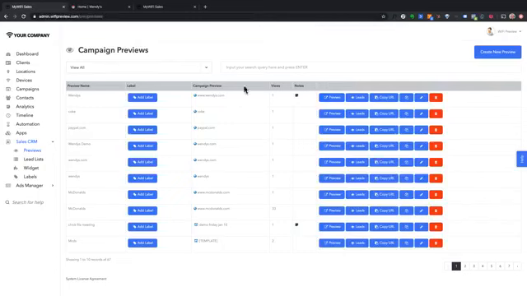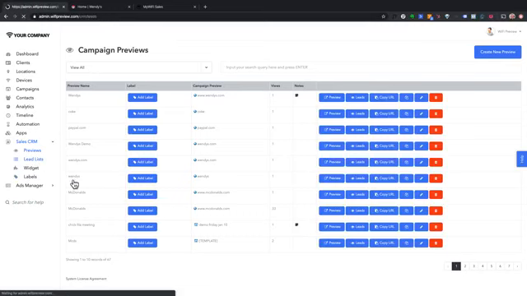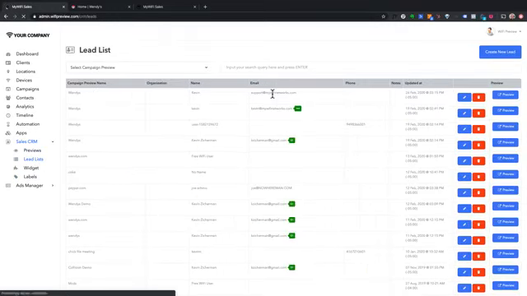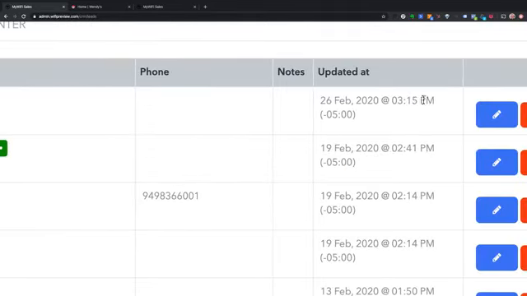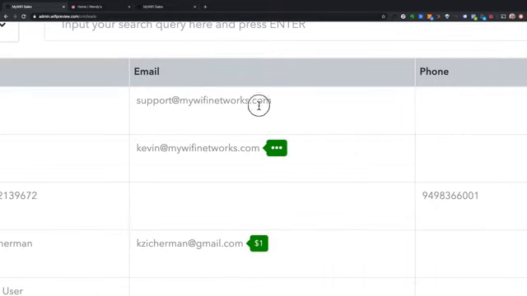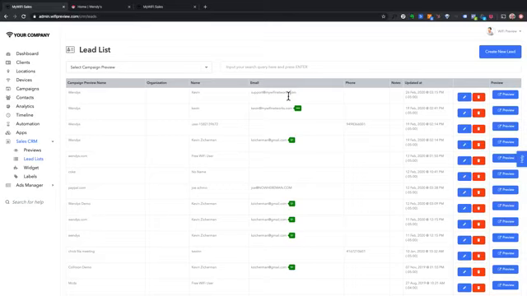And you'll see here by me going through that flow, if I refresh here instead of one view, actually it won't count my view because I'm cookied inside this browser, but what it will show is my email that I entered. So you saw I just entered support@mywifinetworks.com, and this is all time-stamped exactly at this time. This email was entered on a preview link, but this is your opportunity now to reach out to this individual,